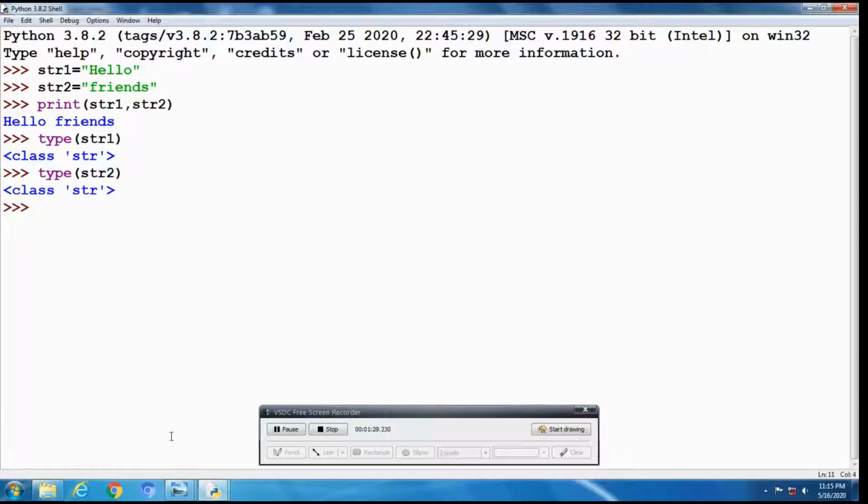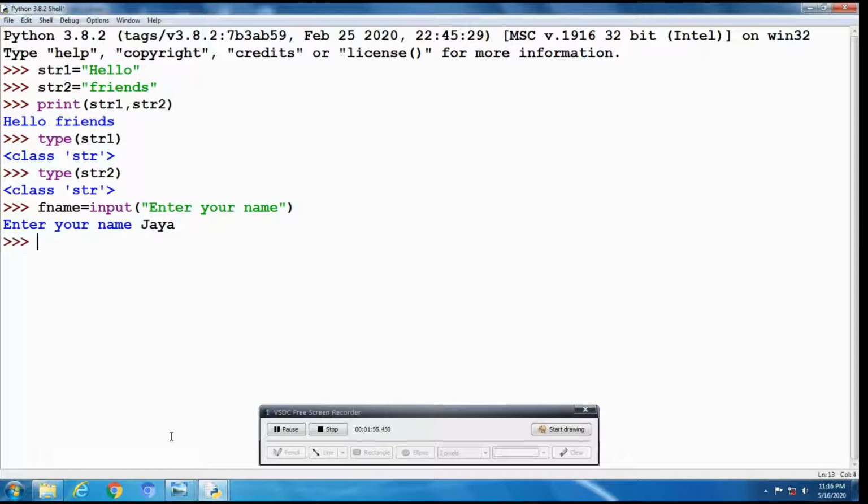Remember that the input statement reads whatever the user types as an expression to be evaluated. Example, fname is equal to input, enter your name. Whatever we input, that we are taking from fname. Then it allows us to enter the name, and we have to type the name.